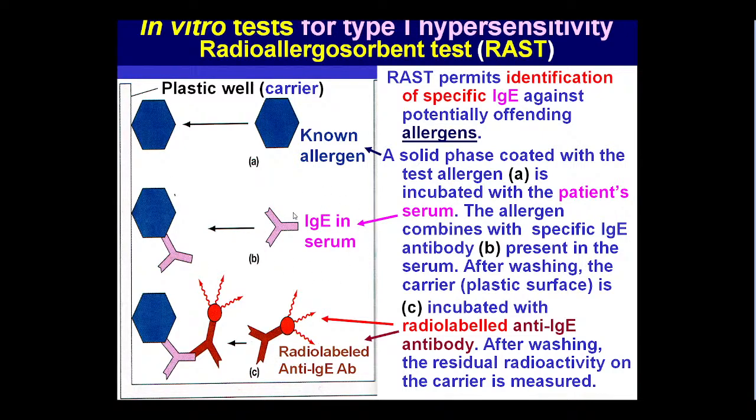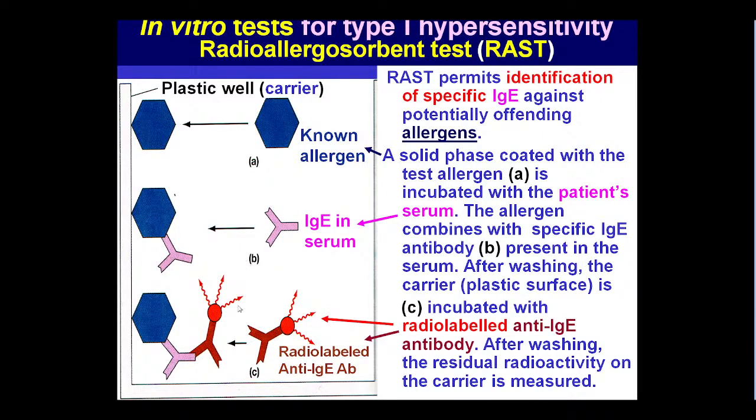Patient serum contains immunoglobulin E, or may contain these immunoglobulins, shown as the objects stained pink. The allergen absorbed to the walls and the bottom of this plastic plate combines with the specific immunoglobulin E if this immunoglobulin is present in the patient's blood serum. After washing out the unbound components of the reaction,